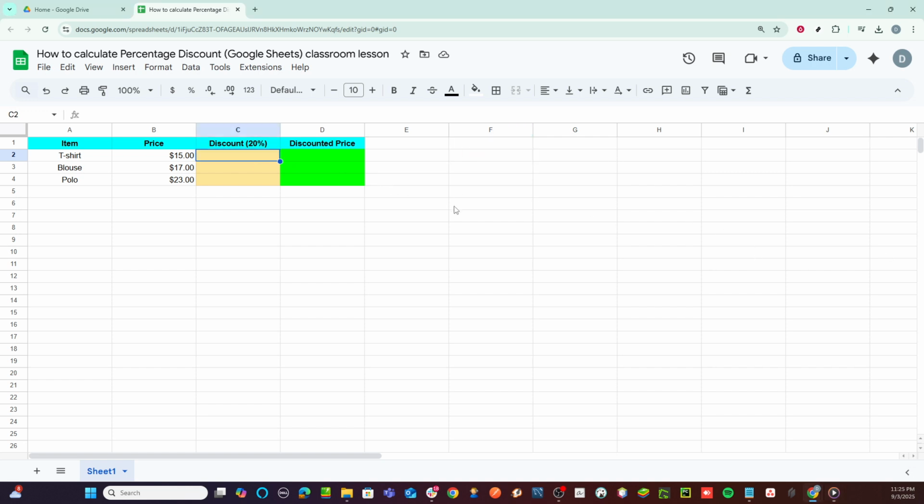Let's assume that cell B2 contains the original price of an item, and we're looking to apply a 20% discount. In cell C2, type the formula, which is equal sign, then B2, followed by an asterisk, and then 0.2, which represents the 20% factor. The purpose of this formula is to compute the dollar amount of our discount. Don't forget to press the Enter key after typing the formula to validate it and see the result in the